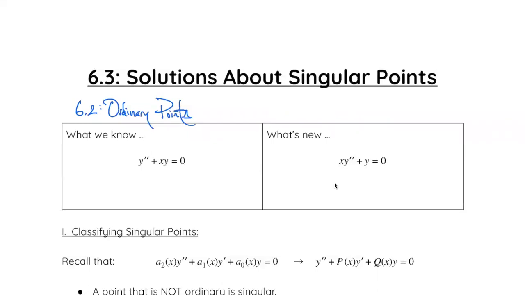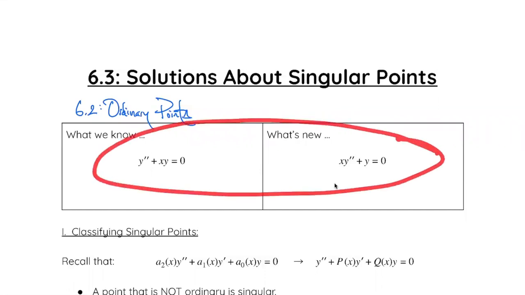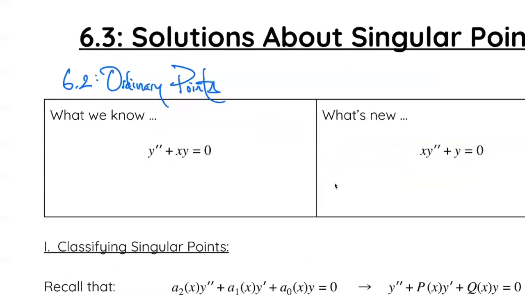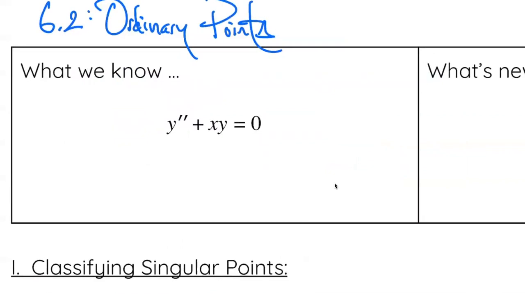Okay. And so what we're going to take a look at right now is just these two equations right here, right? They look so very similar. The one on the left says y double prime plus xy equals 0. And the one on the right is the coefficients are switched. X, y double prime plus y equals 0. Okay. And so when we take a look at this first differential equation, we might notice that